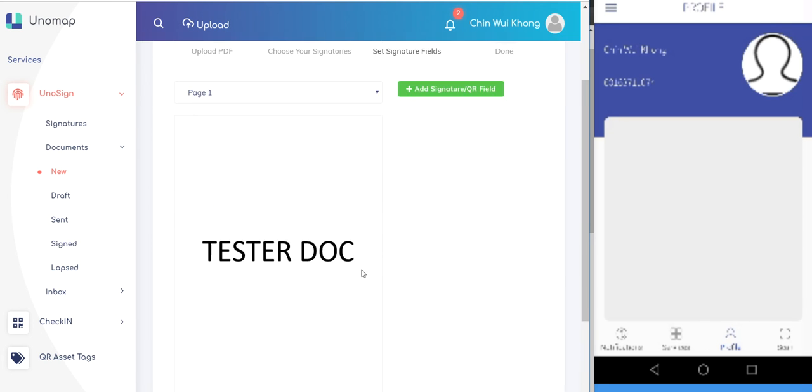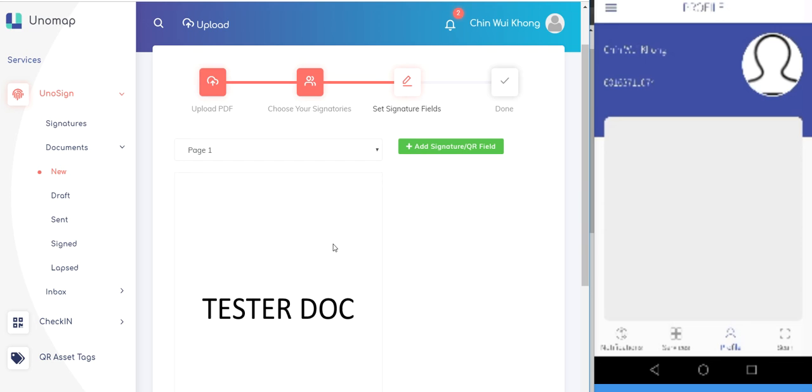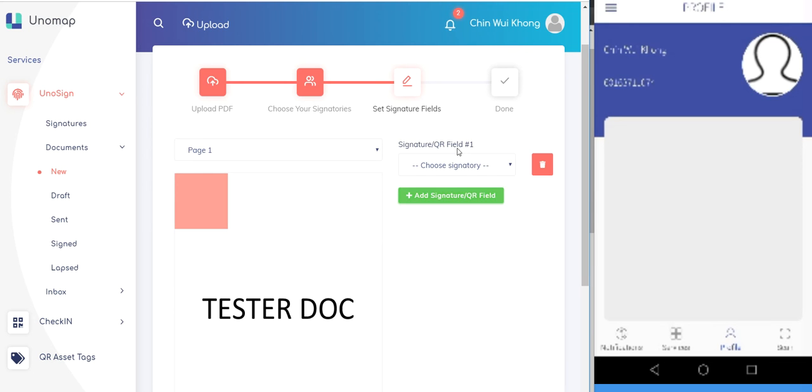And you can see the document is being previewed here. All the pages will be shown here. This PDF is only one page, so you can only see one page here. What we do now, at this stage, is set the signing field. So we click on this and we choose this will be me myself,